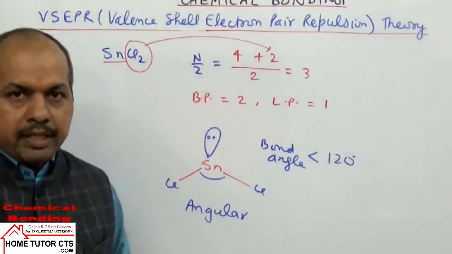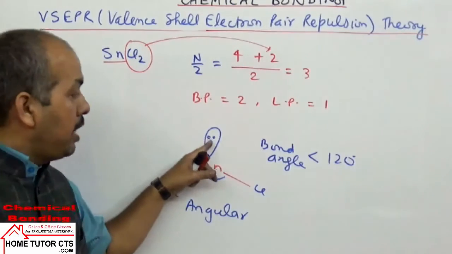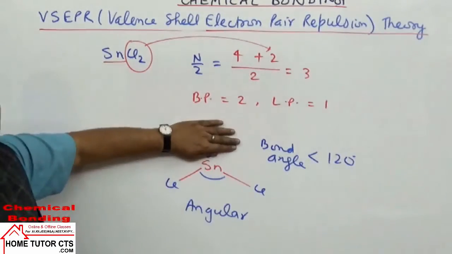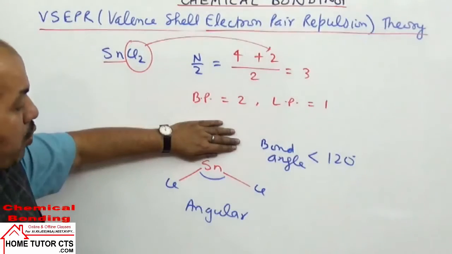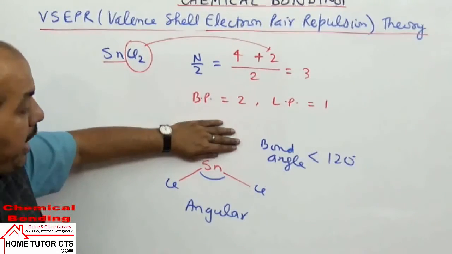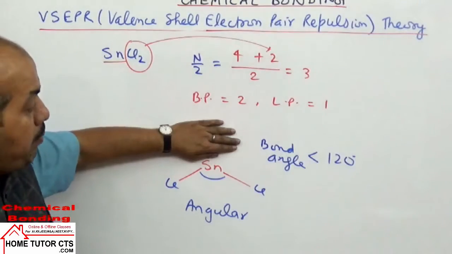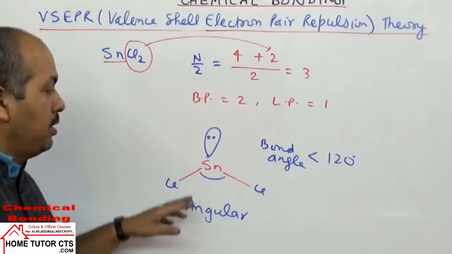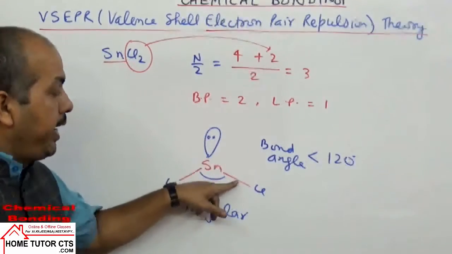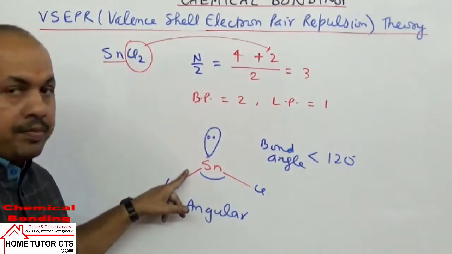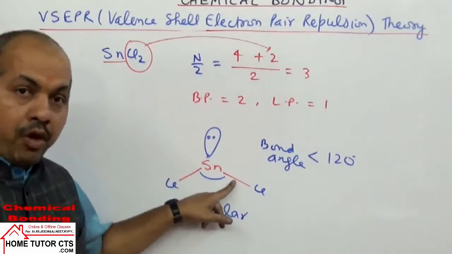The shape expected is trigonal planar, but they have got one lone pair and 2 bond pair. For the shape we see only bond pairs, not lone pair. What the shape visible to you? Angular, bent. And in this case angle will be how much? The bond angle become less than 120 degree. Reason क्या इसके लिए? The lone pair and bond pair, they have more repulsion than the bond pair repulsion.